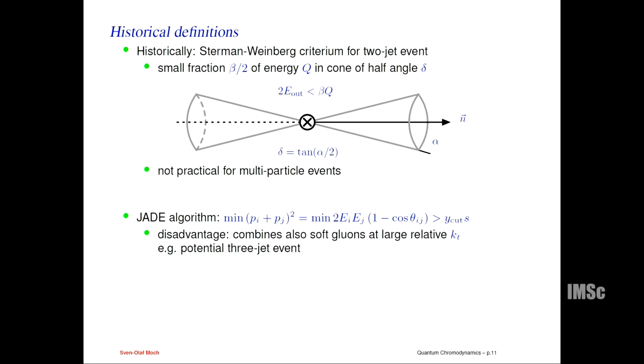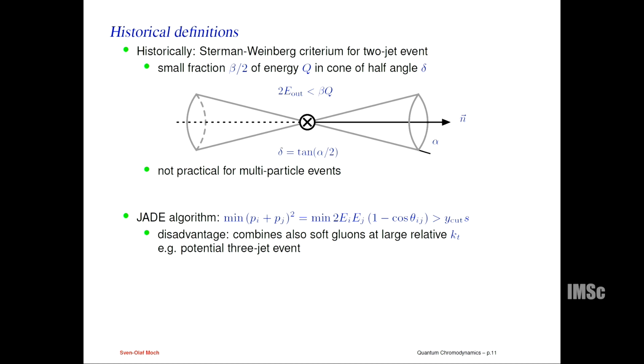So basically, you define some jet by looking at particles or partons with momenta, and then you look at the sum of those momenta, and you put them into one jet or you put them into separate parts, so outside one jet, if the summed momenta are smaller or larger than some y-cut that you've introduced. The y-cut is again a small number, could be 0.1, 0.2, and of course, since this is momenta, you have to put them relative to some hard scale in your process, and you again take the center of mass energy S.